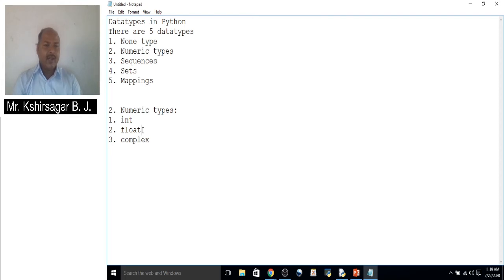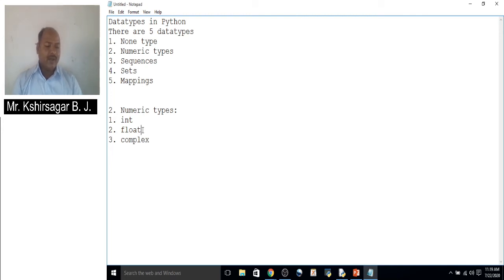The decimal part is there inside the number, and such numbers are called floating point numbers. For example 0.15, -3.5, 0.00123. Those numbers that contain a decimal or fraction part are called float numbers, and these are considered as the float data type.